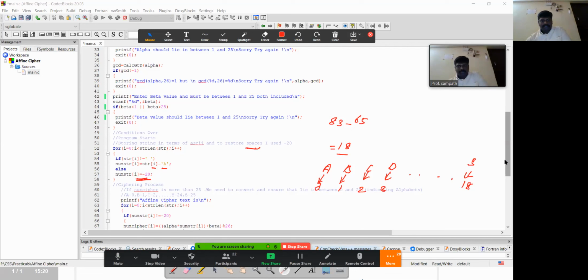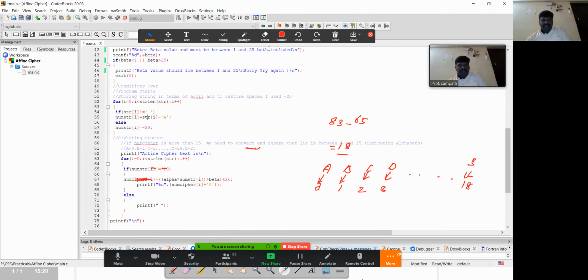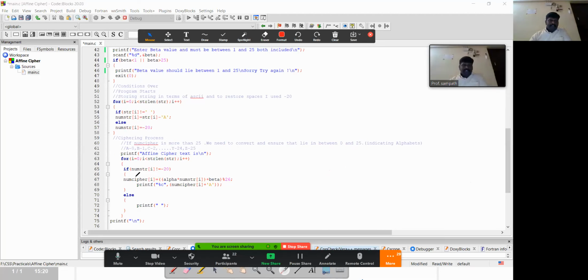Here, for all the input characters, if it is not equal to empty space, the num cipher variable is multiplied: a is the alpha value which I gave as input, times numstr, the num string I got for my corresponding character, which is 18 as per the example, plus the beta value.